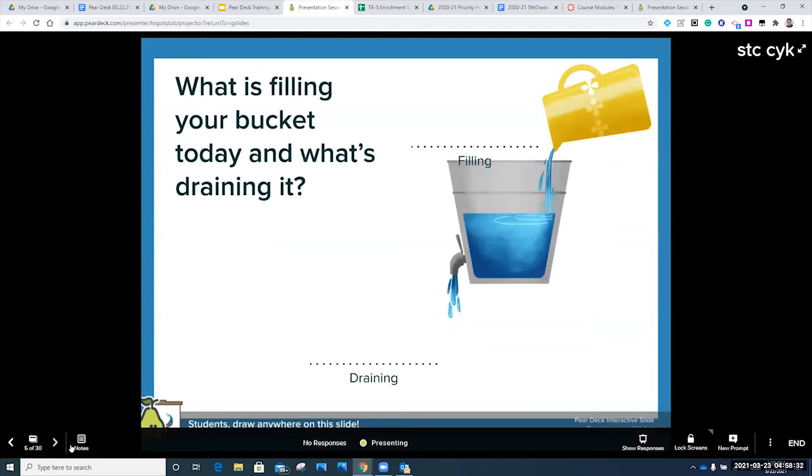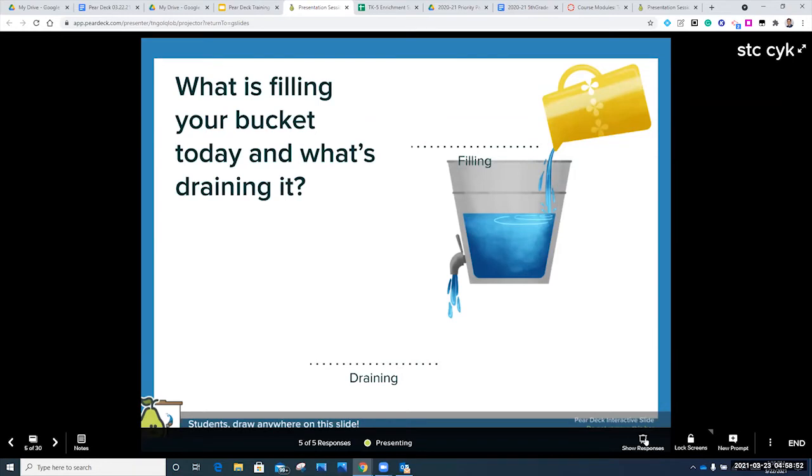Here's one that just says, what's filling your bucket today? And I might wait to see who responds. Right now I see it says 0 responses. I have 1 of the 5 people that are here, 2 of the 5 people here, and I can wait as long as I feel necessary. Or if I feel like, you know what, it's enough for me to go off of to be able to share, I'm going to go ahead on the right side,